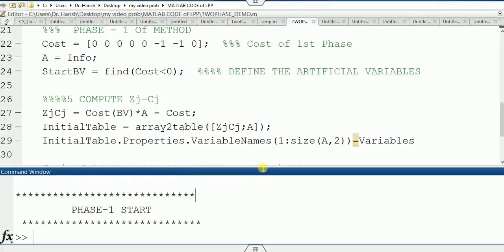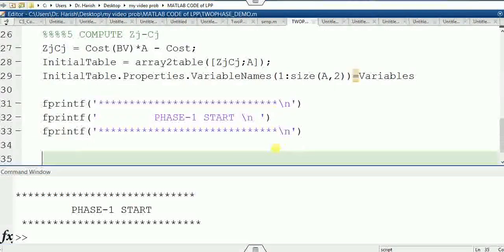How you remove this last column is, I can write here, I call it ZC, this is ZJCJ apart from the end -1. Clear?